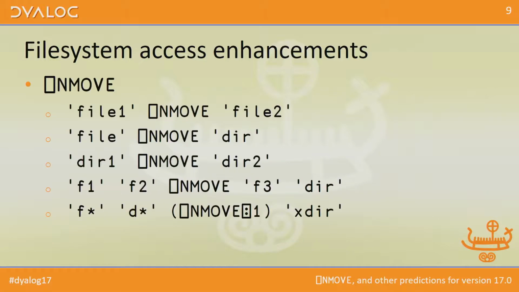So obviously, if you've got that for copy, we should have it for move as well. So there's exactly the same set of examples, this time effectively making a copy and removing the original, although obviously you can do it more efficiently than that. But that does beg the question, should this be allowed to move across file systems? Again, that's something I need to think about.